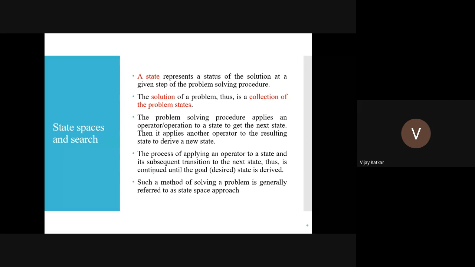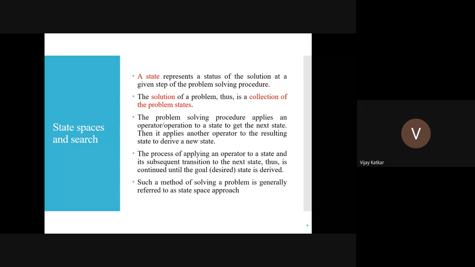Why do they call it operator? Because they use some mathematical operations, so they call it operator also. Either you can call it operator or you can call it operations. In some books it is written as operator, in some books it is written as operation. The reference textbooks that we are going through mention operator. I'm just writing slash operation over here so that when you read something on the internet, there will be no question. Okay.